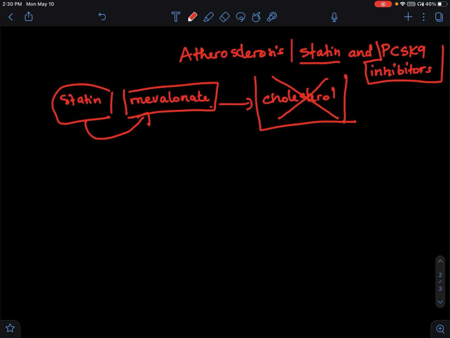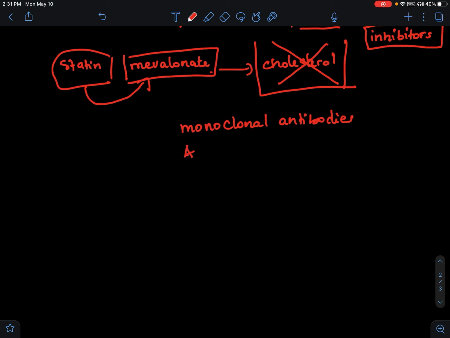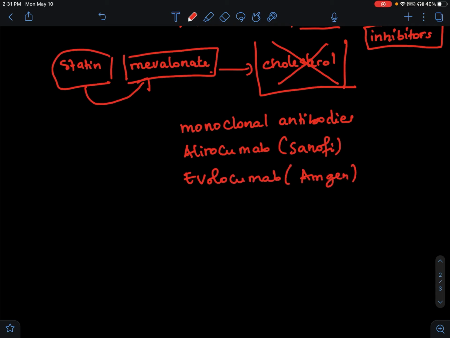For the PCSK9 inhibitor, we have a monoclonal antibody. I'm just going to enumerate a couple of them. So we have alirocumab. Those are just examples. Sanofi. We have evolocumab, which is Amgen, and we have bococizumab, which is Pfizer. So how do those